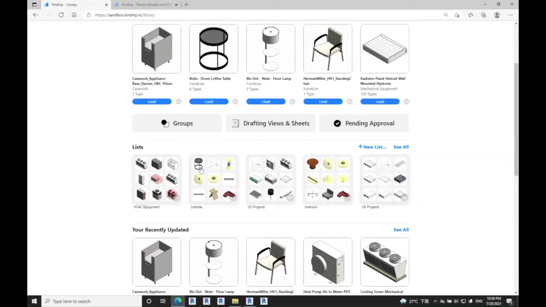Let's have a look at lists. So lists are, as I said, part of the library. They sit inside the library page, just under this section. And we show the top 5 lists, the most recently updated here. Each list has a tile with a set of thumbnails from the contents of the list. So I can go and see all of them